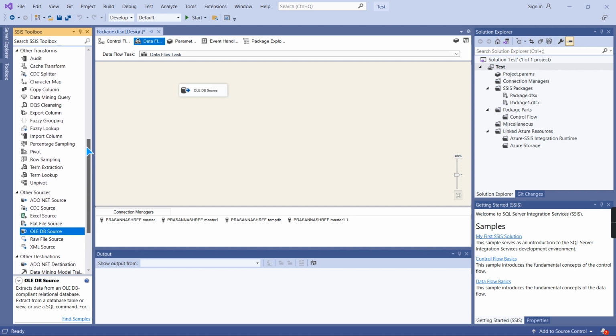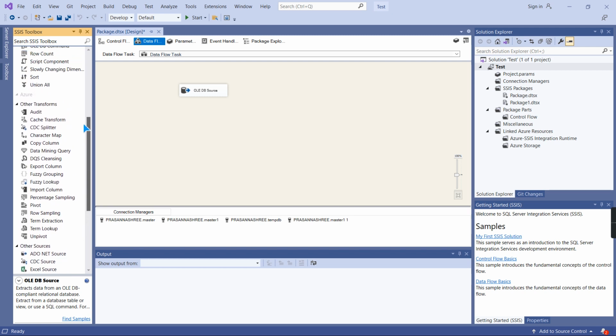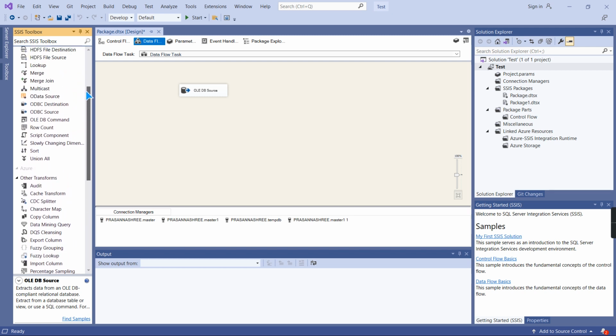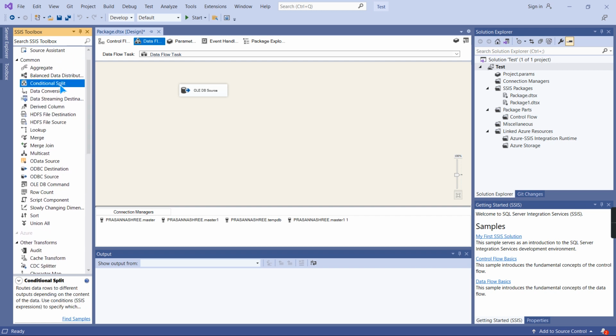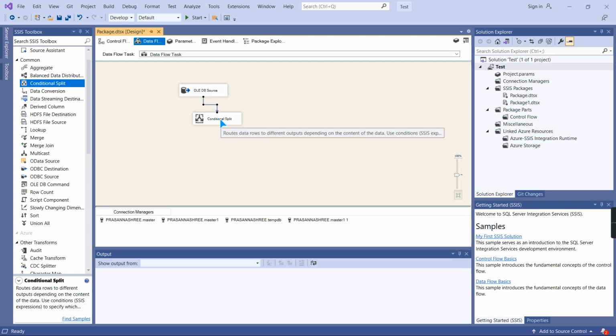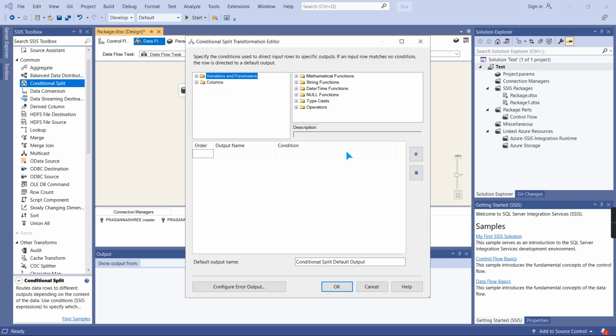Now I'm going to add a conditional split here. So I'm going to connect from here to here. Then I'm going to provide a name: Output student with department 1.